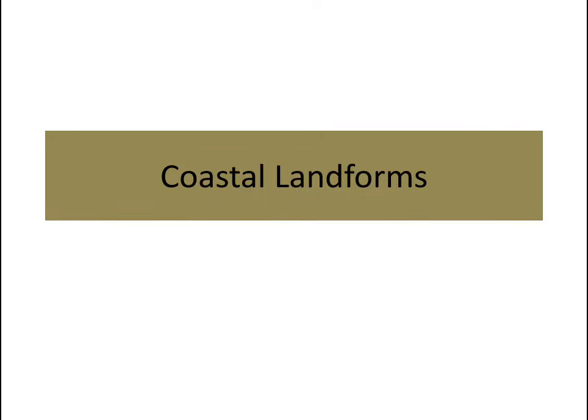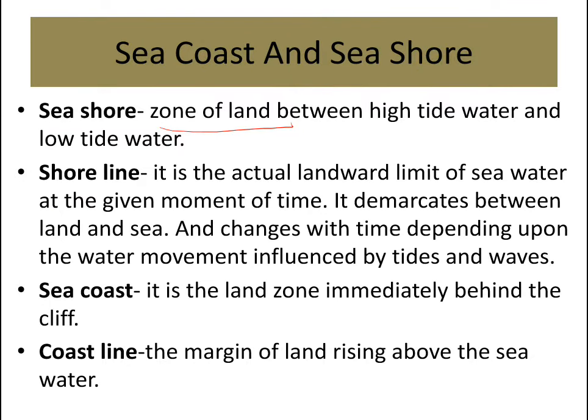In this video, I'm going to discuss coastal landforms. Before going to the coastal landforms, let us understand some terminologies of sea coast and seashore. Seashore is a zone of land between the high tide water and the low tide water. Suppose the high tide water is reaching here, and this zone between the high tide water and the low tide water